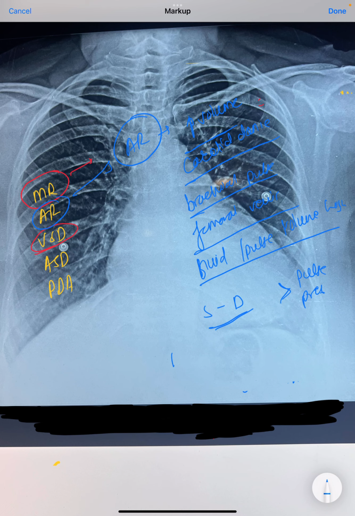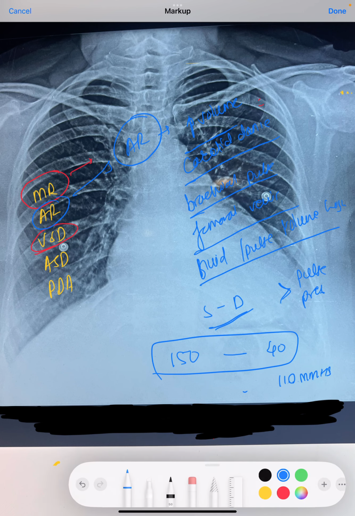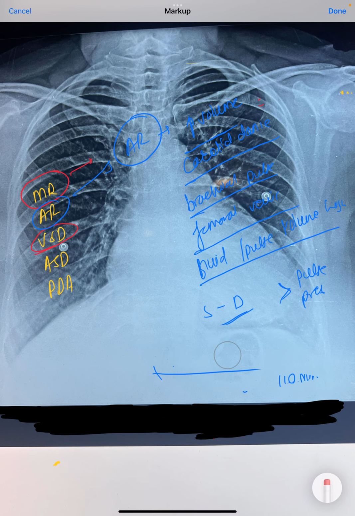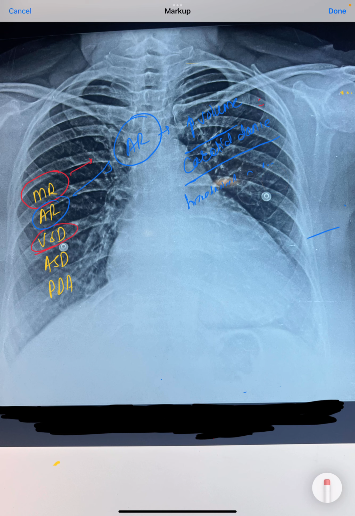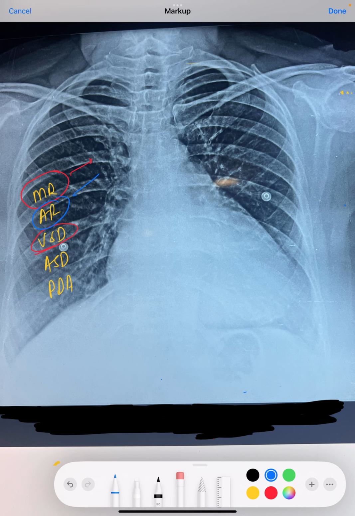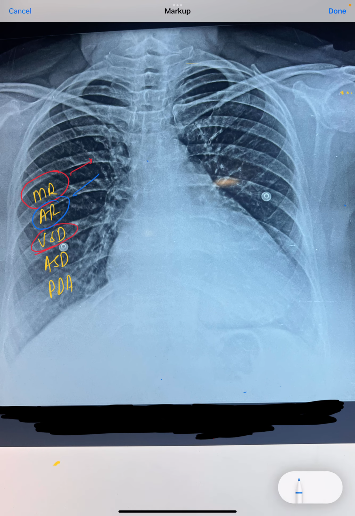So it can be like the blood pressure is 150 and the diastolic pressure will be like 40 or 30. So you can see that pulse pressure is almost 110 millimeters of mercury, which is not usually there. So prominence of pulse pressure, prominent carotid arteries, brachial arteries, femoral arteries, is a very common feature of aortic regurgitation. And this murmur is much more prominent at the aortic area, aortic region. You will not get this murmur much more prominent at the mitral area. There will not be radiation to the axilla,